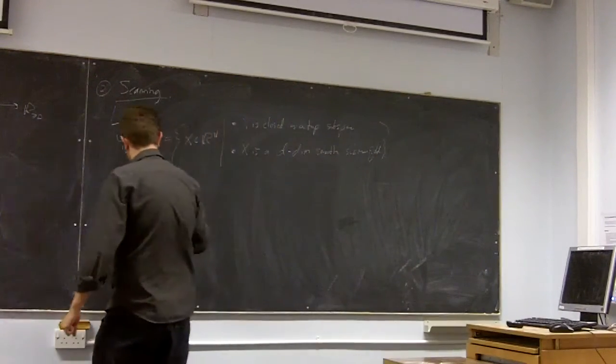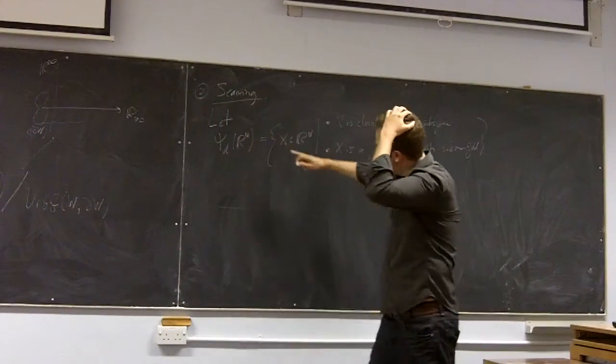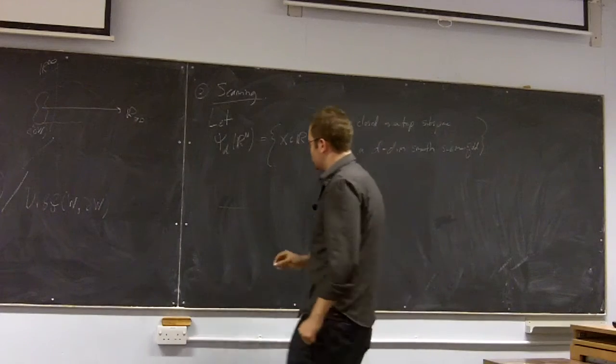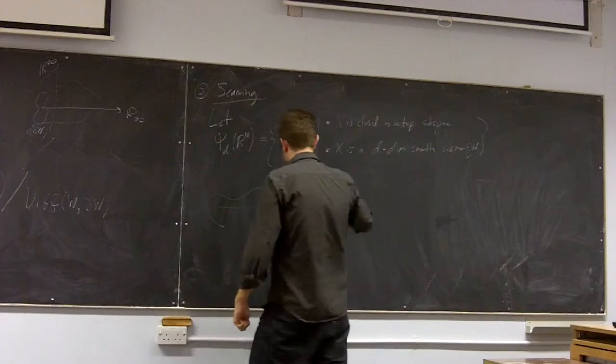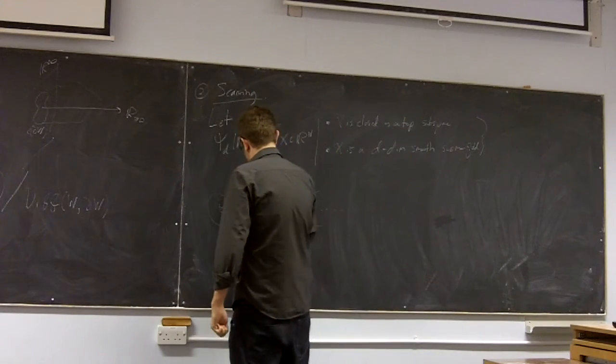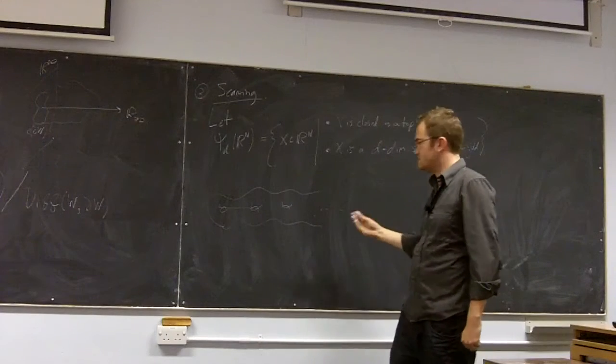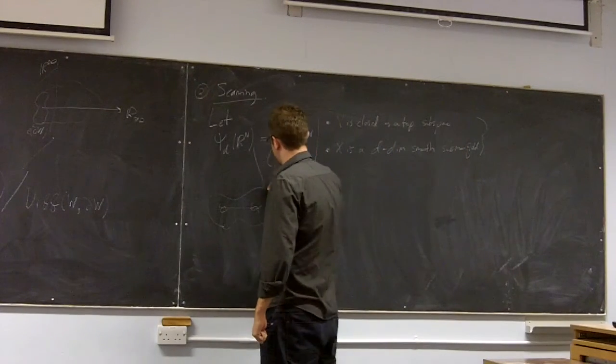Right, how's one meant to think about this? Well, maybe if we take n to be 3 and d to be 2, then we're talking about surfaces in three-dimensional space, and they're allowed to be non-compact. I didn't say anything about that, so they can go off as far as you like this way, they can go off as far as you like in other directions.